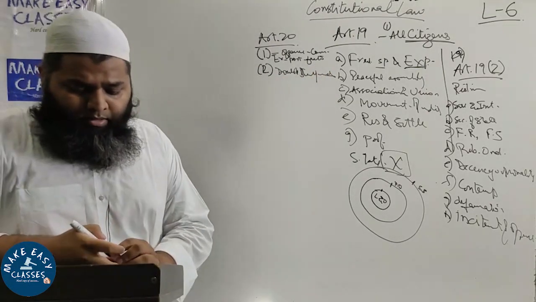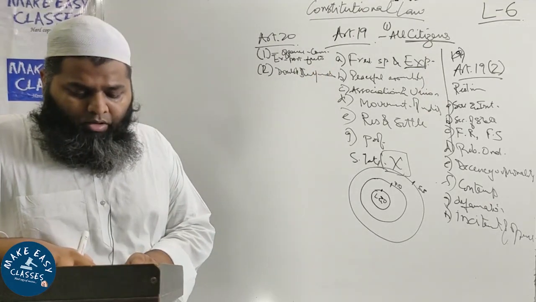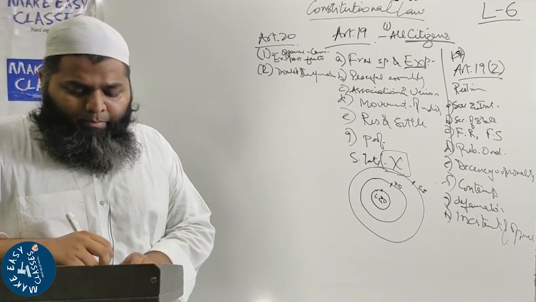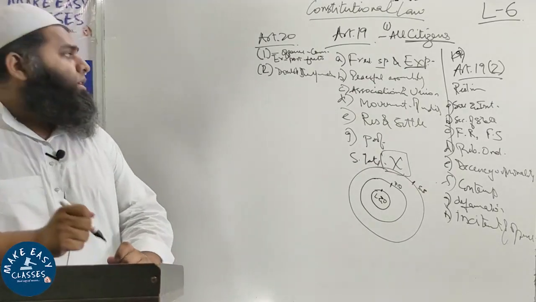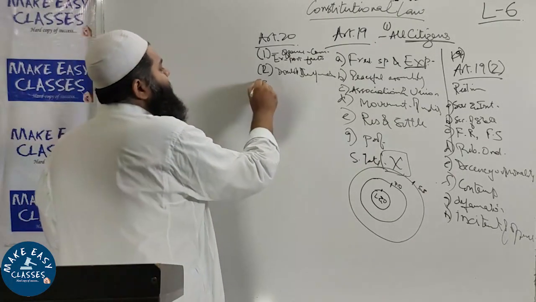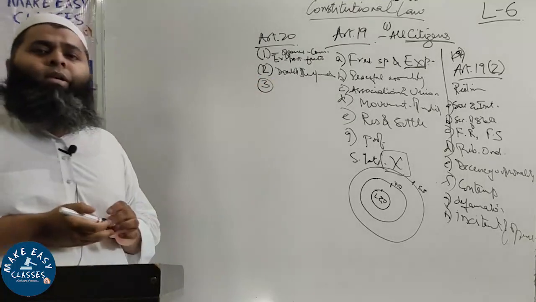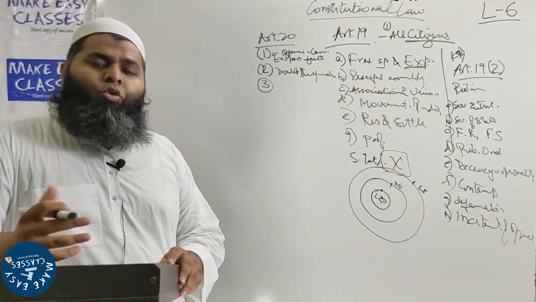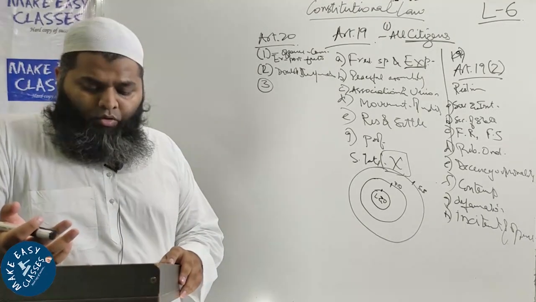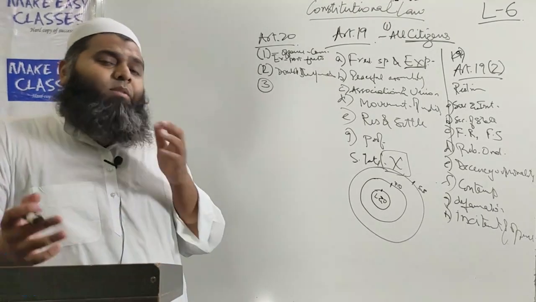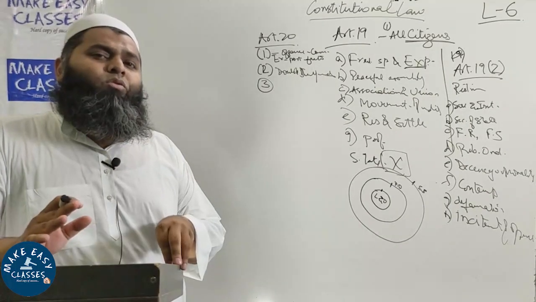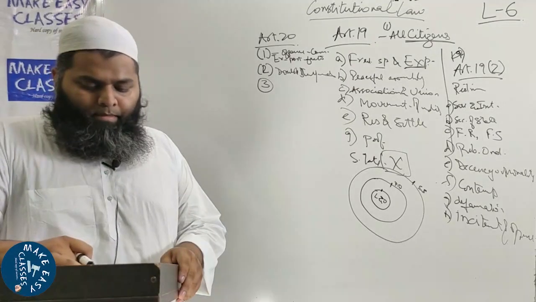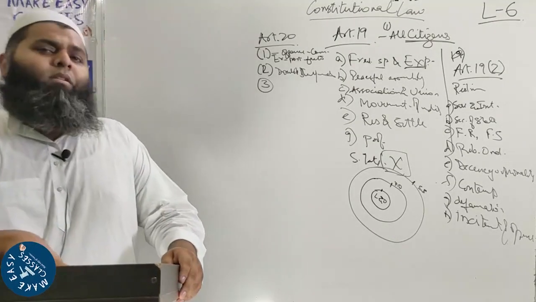Now the third one is no person accused of any offense shall be compelled to be a witness against himself. इसमें जो थर्ड है वो बहुत ही इंपॉर्टेंट है कि कोई भी accused, किसी भी ऑफेंस में कोई आदमी जो कि accused है उसको इस बात पर कंपेल नहीं किया जाएगा कि वो अपने खिलाफ खुद ही विटनेस बन जाए. So this is something which is very important.